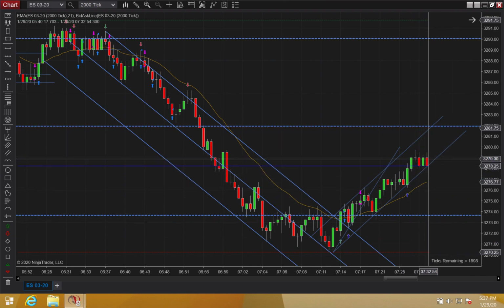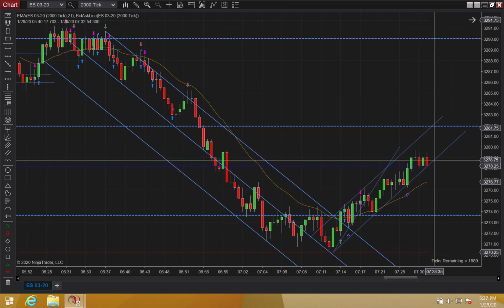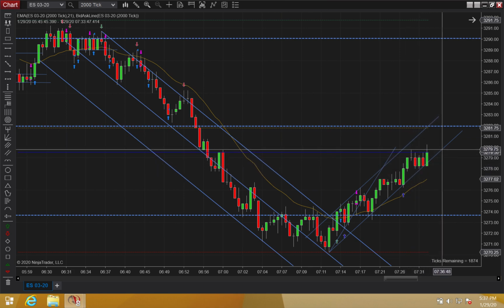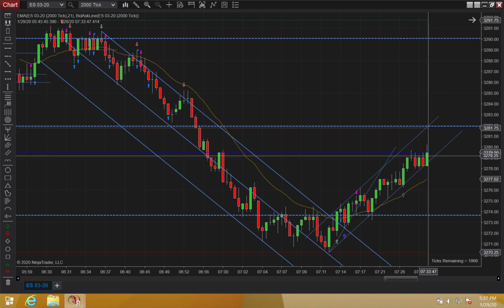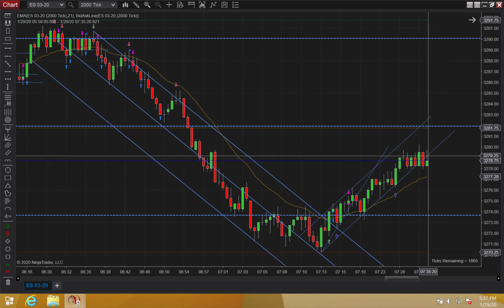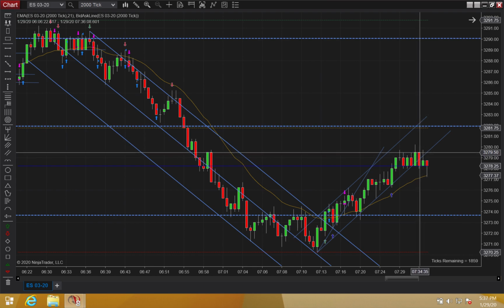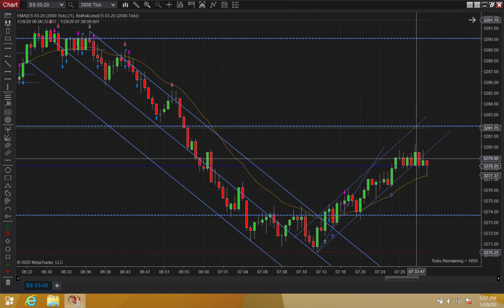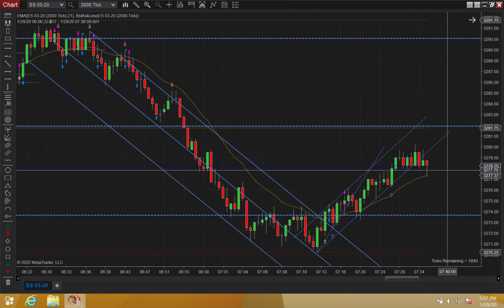You can see it's going sideways, so that's the first entry. It's pulling back. It doesn't pull back enough to give us a second entry, so if you're in, you're probably just holding, but there are no new trades you can enter right there. Okay, and then you get another first entry. As you can see how sideways we're going, first of all. So we're not trying to buy up here. But one thing I saw that I thought was